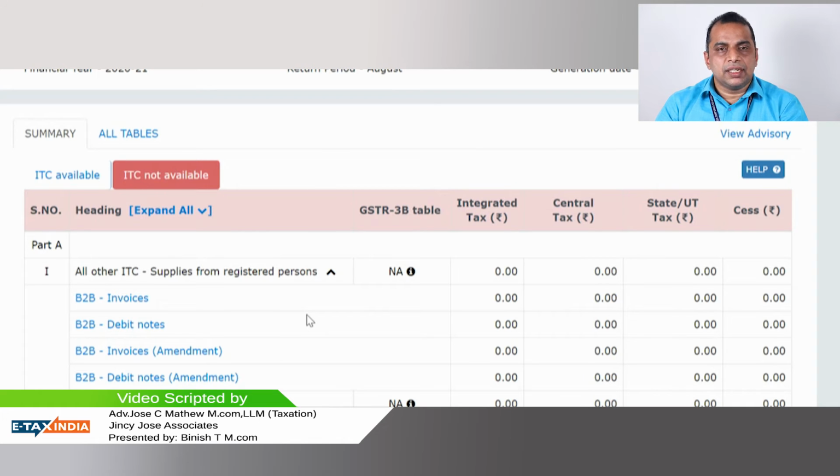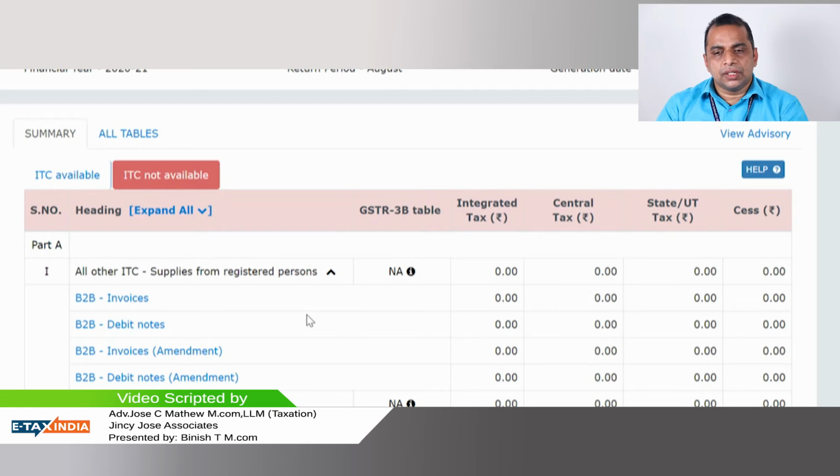Otherwise, if you are taking input tax credit beyond a limit, you are liable to pay tax, or you have to reverse the transaction, or you have to repay the amount to the government, to the GST department, because you were not eligible to avail that input tax credit. So to reconcile your input tax credit status, GSTR 2B helps you.